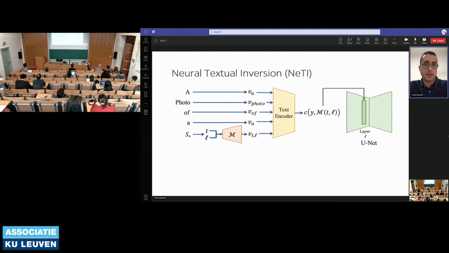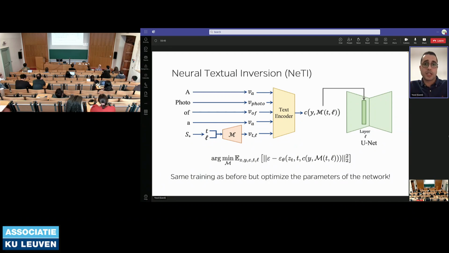So for training, we're going to use the same optimization that we saw before. At each time step, right, we're going to try to predict the amount of noise that we added. And based on this difference between the amount of noise that we added and the amount of noise that we predicted, we're going to update the weights of the model. Right? So just like we updated the weights of V star, now we're just simply going to update the weights